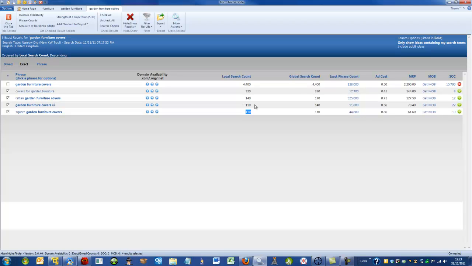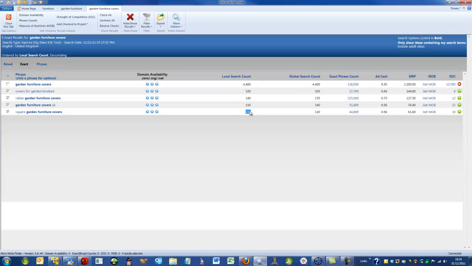110 exact match searches, in theory, means that you'll get 50% of those with a number one ranking. But in reality, it could go either way. It could be significantly higher, it could be significantly less. But with SEO, what happens is, as you start to build more links to your site, depending on the actual words that are used in your anchor text, your site itself will start to act as a magnet